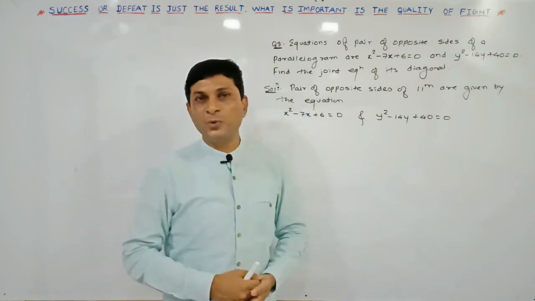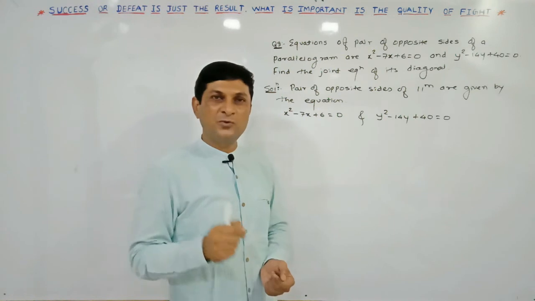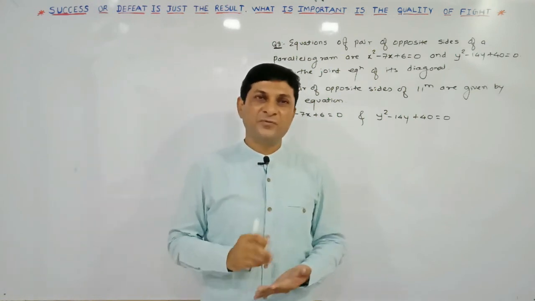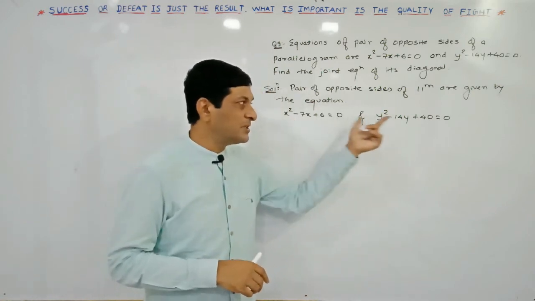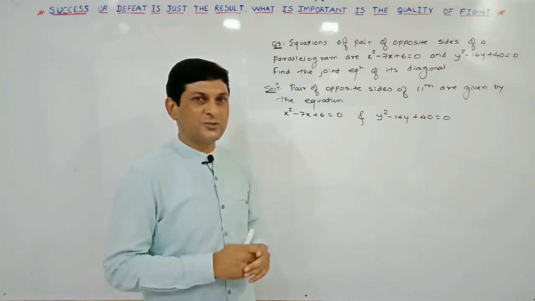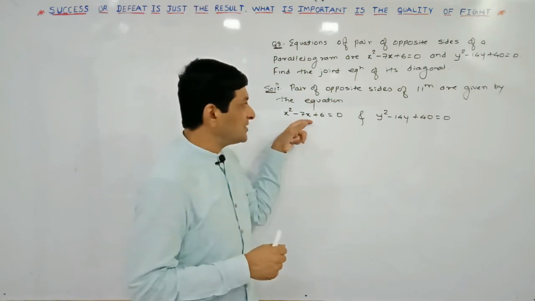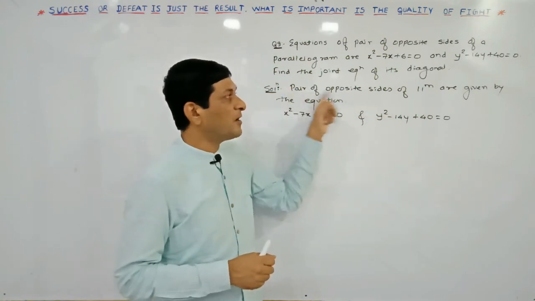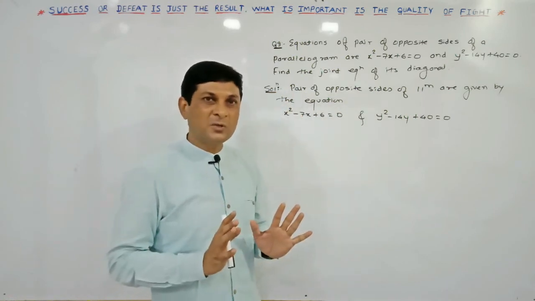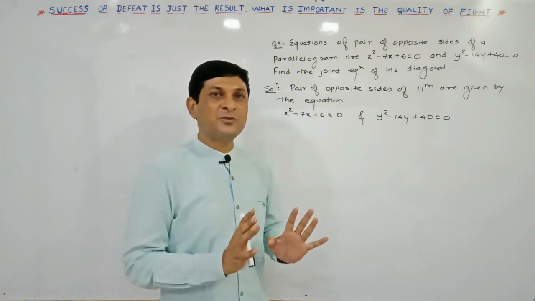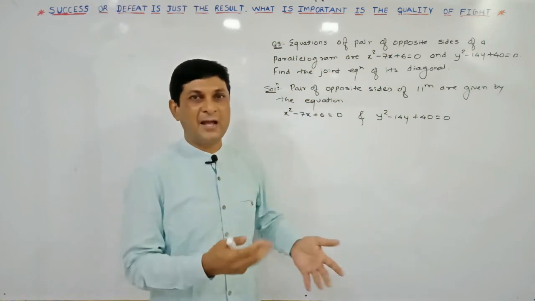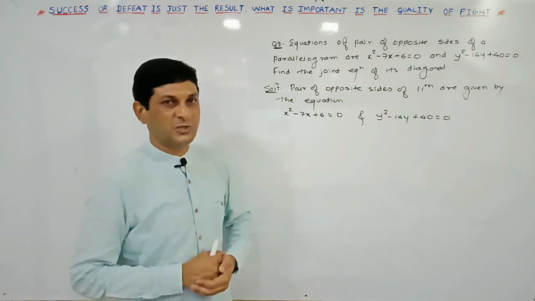Once the equation of both the diagonals of parallelogram are known to us, to find out joint equation we have to take their multiplication. So first we are simplifying this equation, and simplifying this equation, first we are trying to find out opposite sides of parallelogram, because this equation represents what? Pair of opposite sides of parallelogram. Once the opposite sides of parallelogram are known to us, we will try to focus on our required result, that is on what? Diagonals. That is how to find out equation of diagonals.